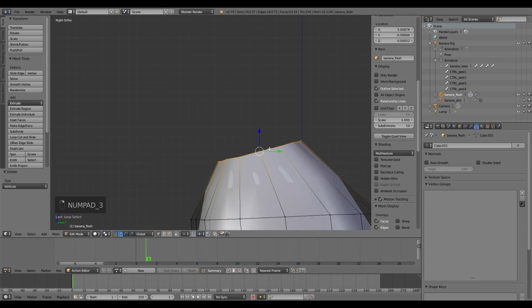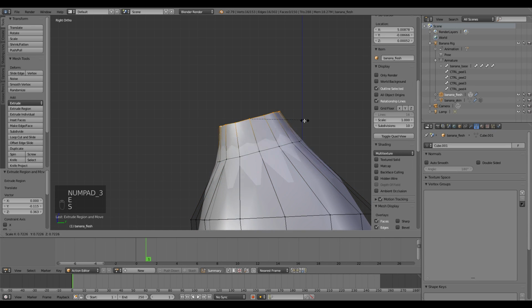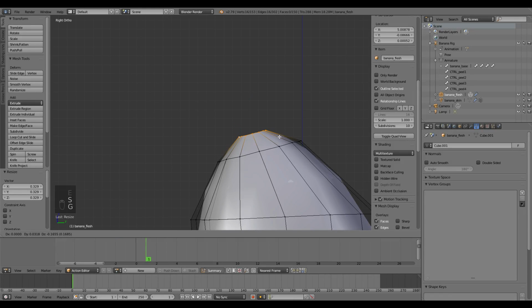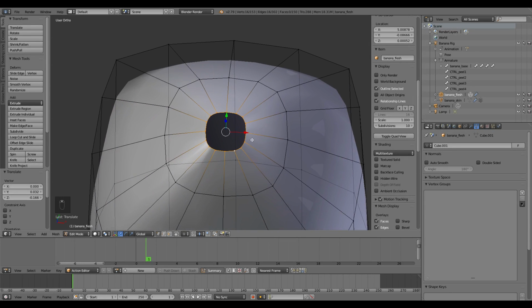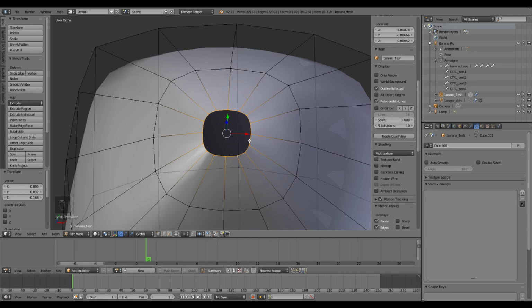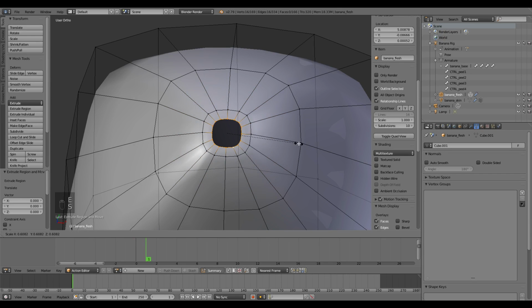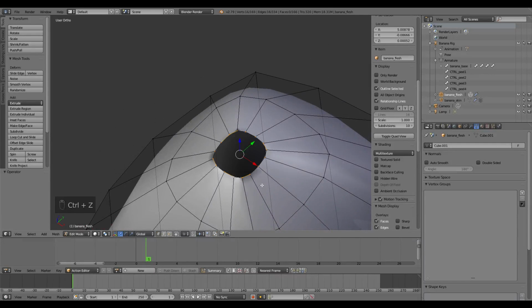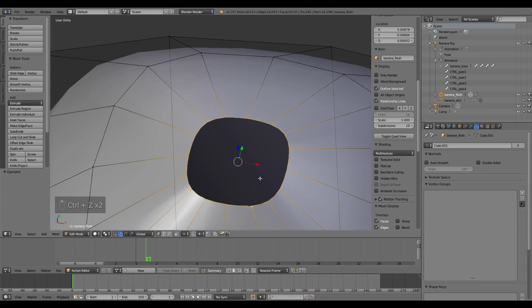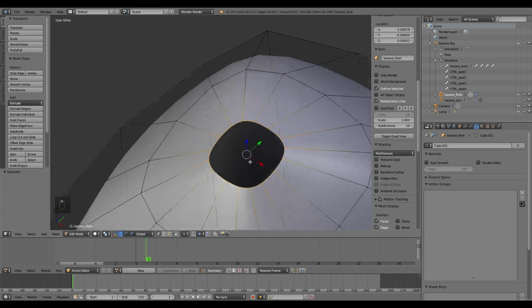Grab this end and extrude it out once, scale it way down. Move it back into place, and we've got 16 vertices here. So one thing we could do, like on a cylinder, we would just hit E to extrude one more time. Then we could hit Alt M to merge them all at the center. But then you got all these triangles here. So what I'm going to do is I'm going to go ahead and make some quadrangles,